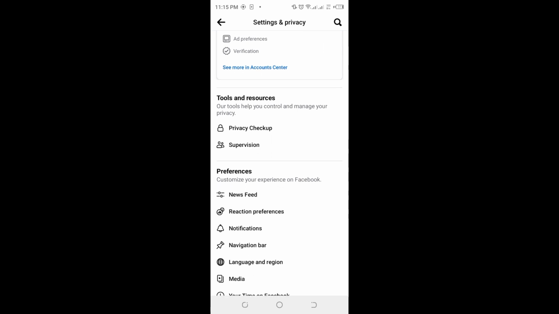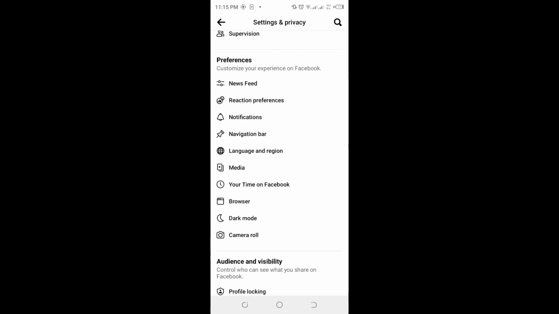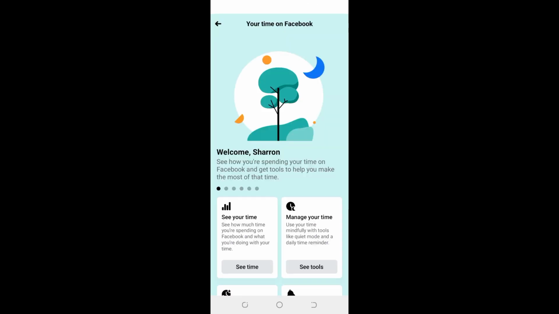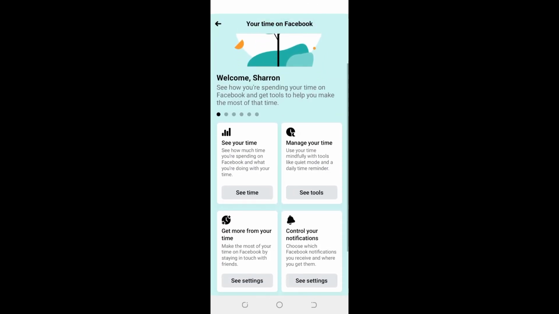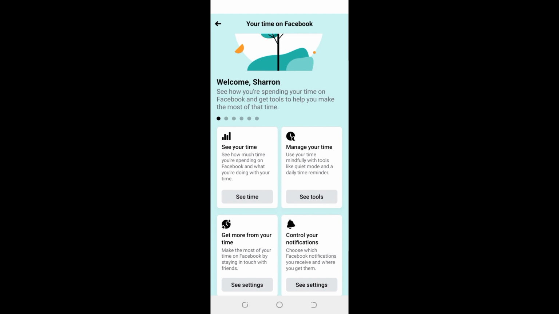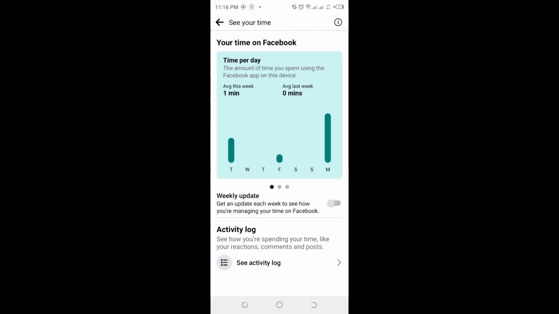And we have to scroll a bit. And in the preferences, you will see an option that says your time on Facebook, right below the media. Select that option. So we could see small boxes over here, and on the first box you have to tap on that so that you will see your time,